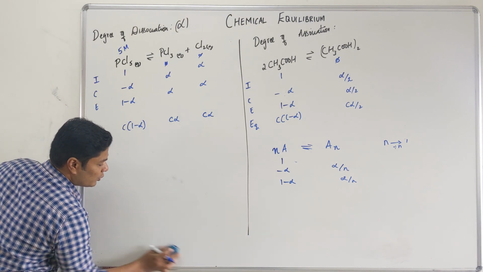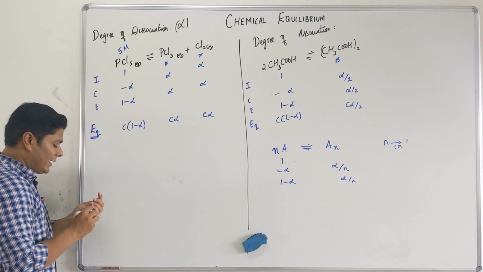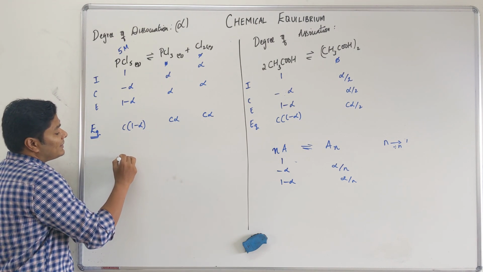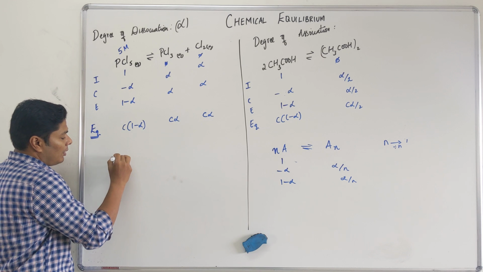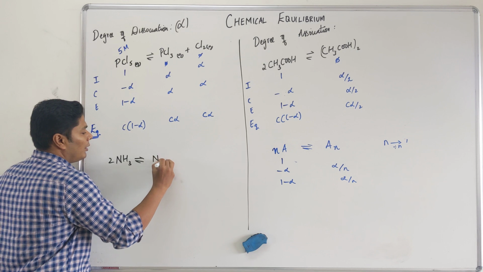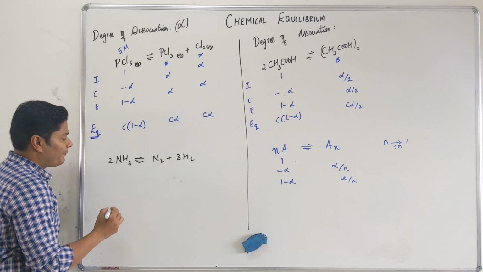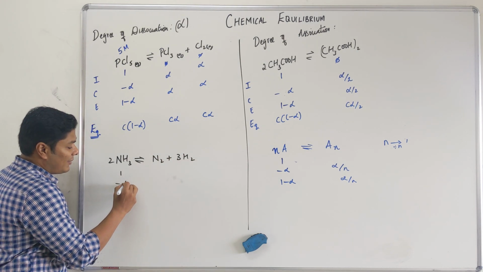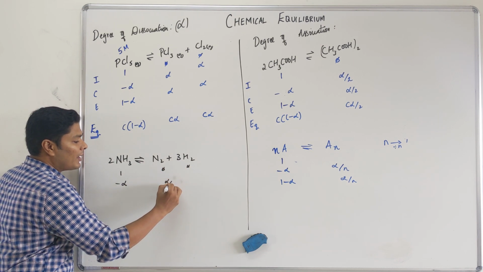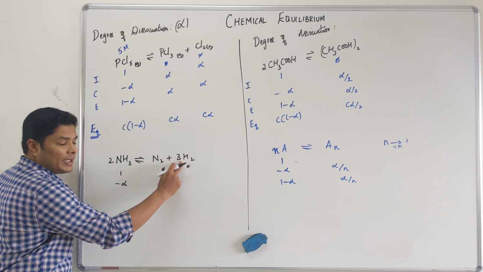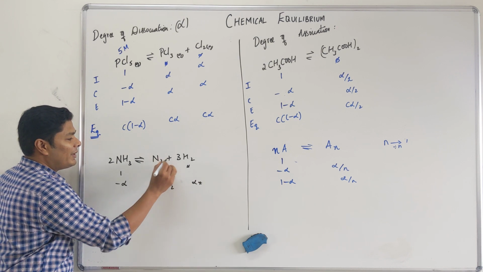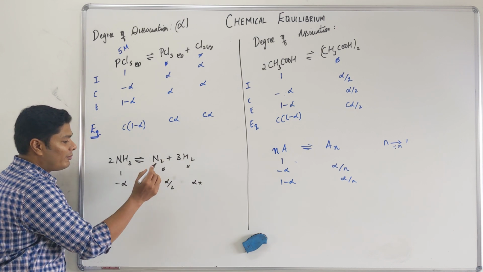We'll just quickly do one more for clarity's sake. Let's say for example Haber's process and its reverse: N2 plus 3H2. How do you write it? 1 minus alpha, and this is 0. 2 gives you 1, so alpha will give you alpha by 2. 2 gives you 3, so alpha will give you 3 alpha divided by 2. If you divide everything by 2, it becomes very simple for you. Divide by 2, this will be...